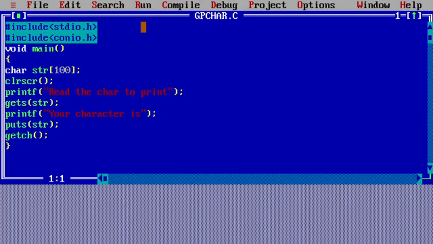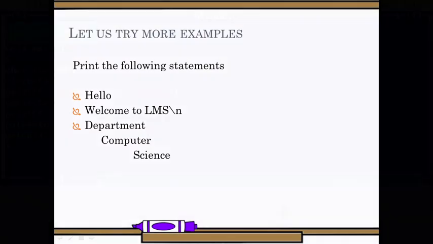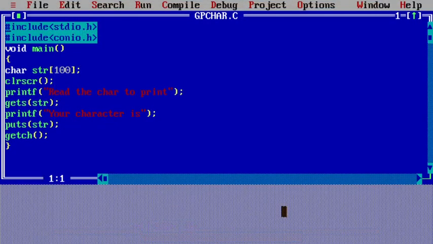And similarly the format specifier, we had some examples, right? So what were those examples we were using? We were trying the examples to print: hello, welcome to LMS, department of computer science. Let us try with this. Okay, just to print hello, then printf.